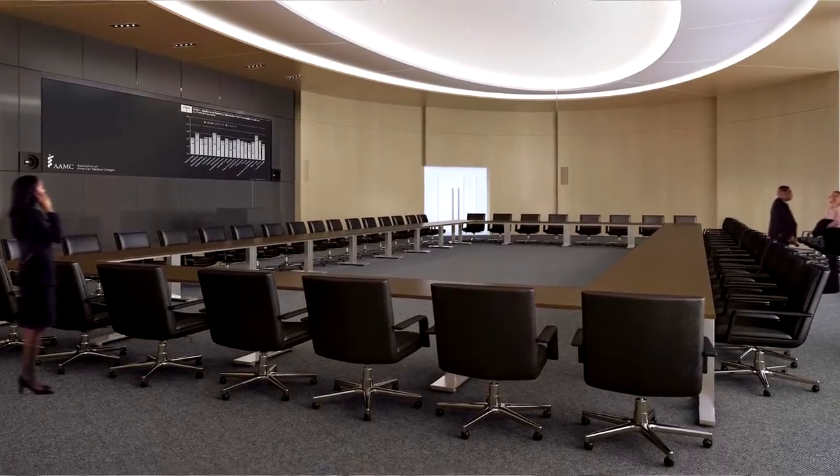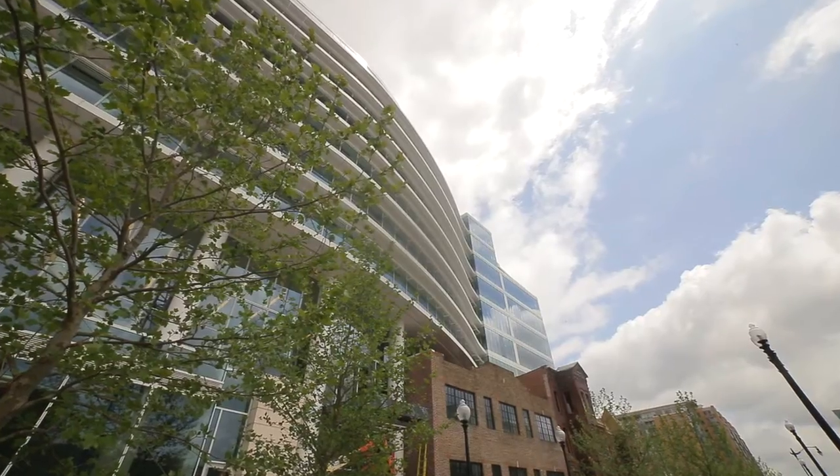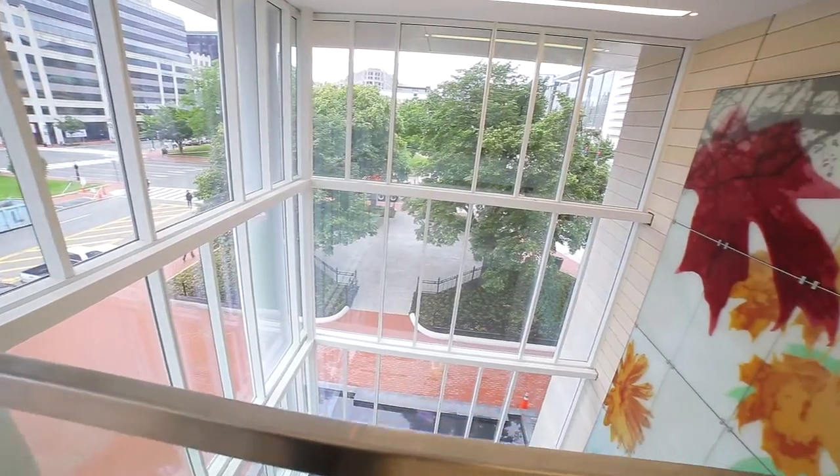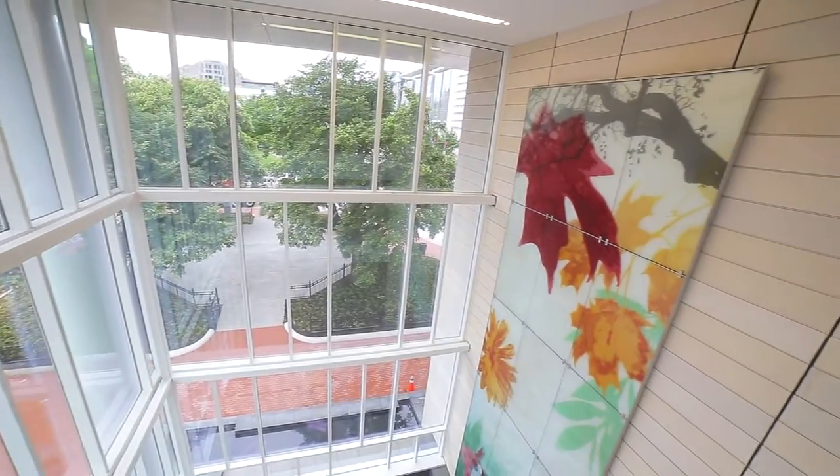gatherings will take place. We also were careful to incorporate and associate an open space that faces directly to the west as part of this whole ensemble of spaces that are all part of the Learning Center. We have this pool there with a waterfall related to the artwork, and then that flows out to the exterior through the glass and starts to relate to the open space on Mount Vernon Square. And that, of course, the intent of all of that is to recall the idea that there were major fountains associated with several of these major squares and circles around the city in the 1791 plan that L'Enfant had drawn